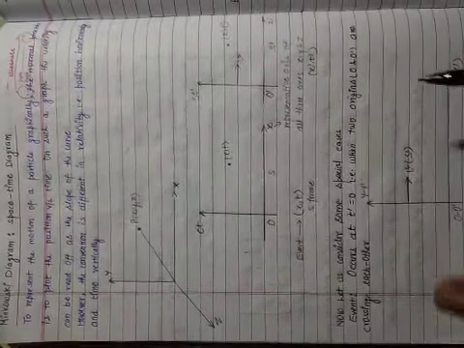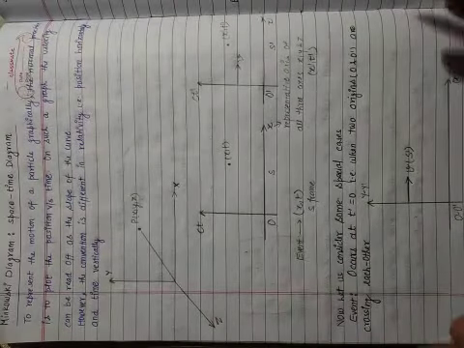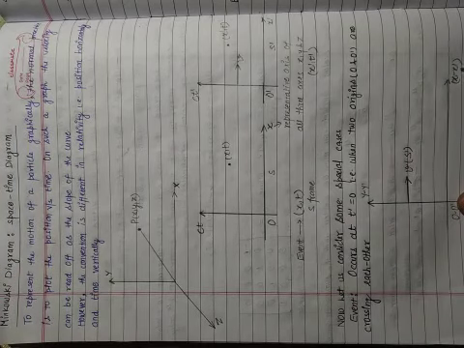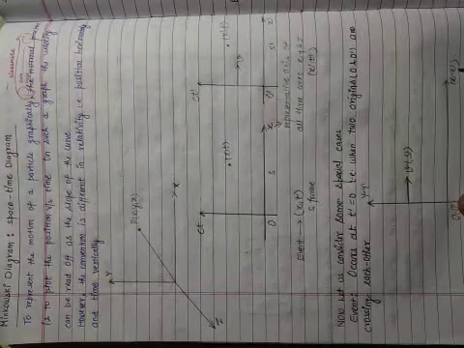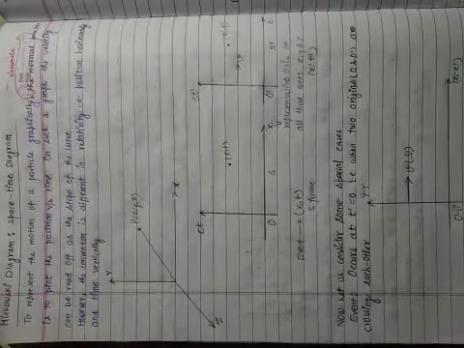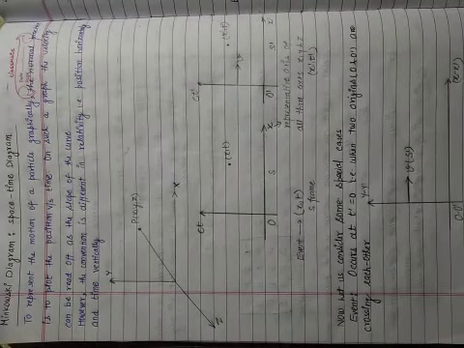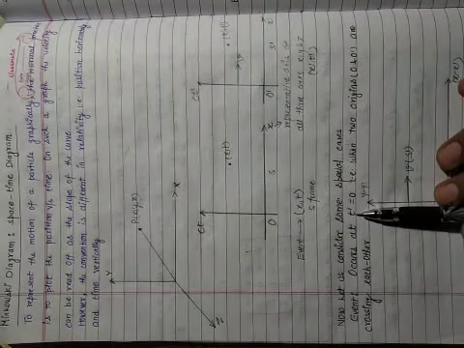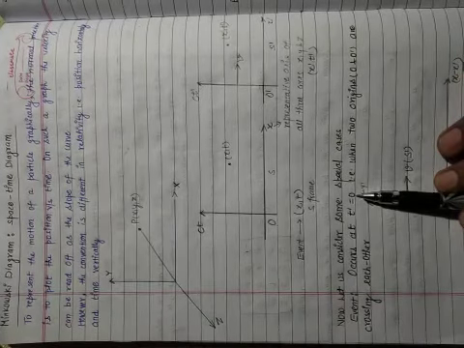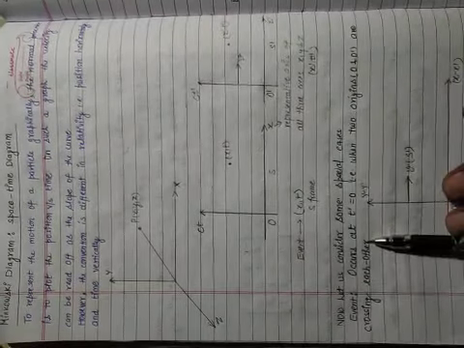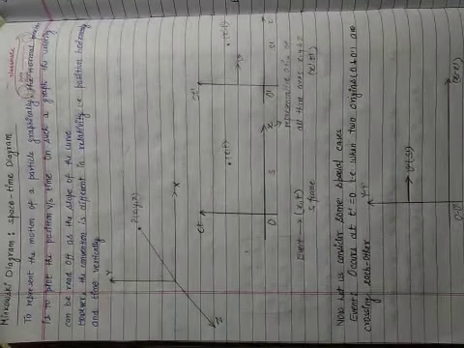Time is equal to 0, and you know that at this time when the two origins are crossing each other, the x axis is overlapped by the x prime axis, the y axis is overlapped by the y prime axis, and also the z axis and z prime axis are overlapping each other. So this is the event when time in S prime frame, that is t prime, equals 0, or you can say when the two origins O and O prime are crossing each other. Okay, so let's see it.